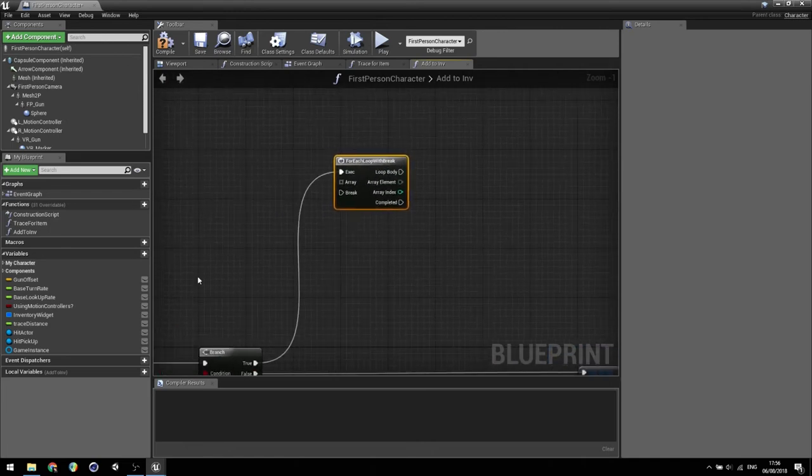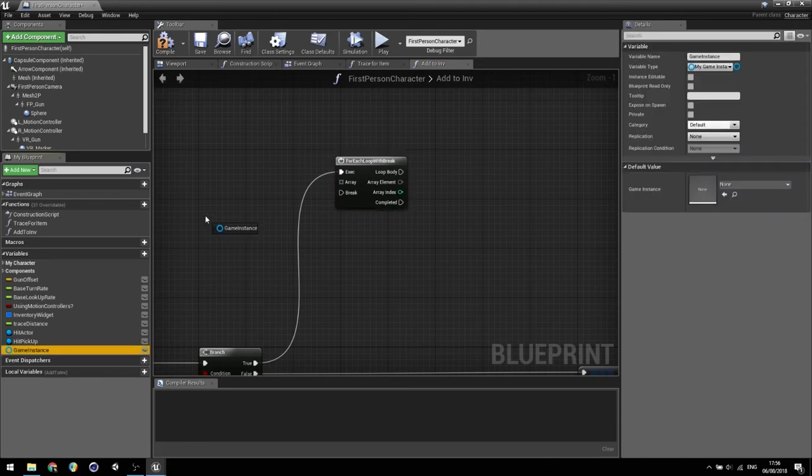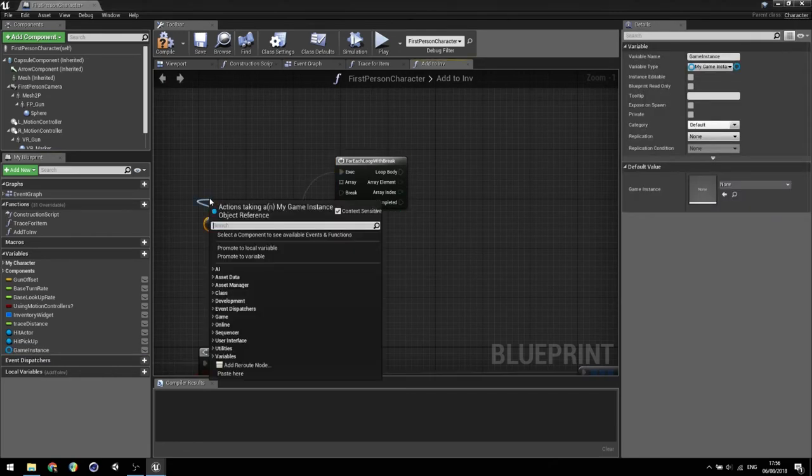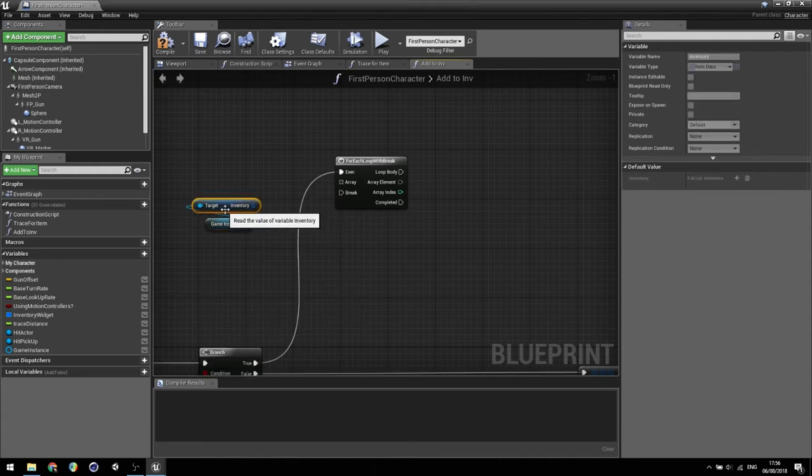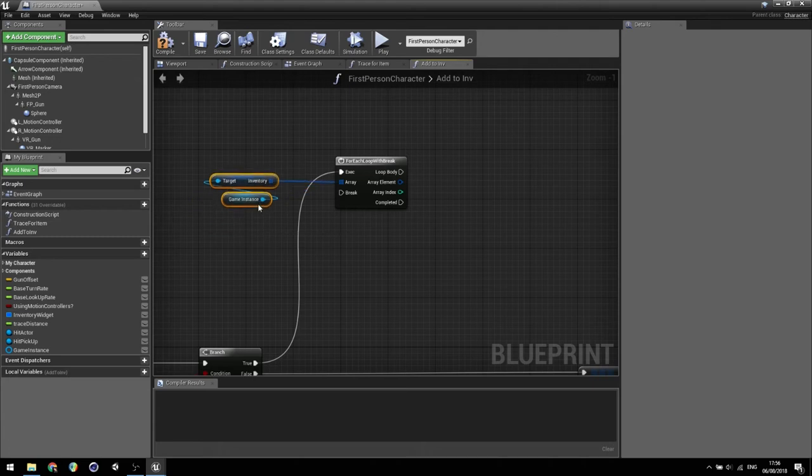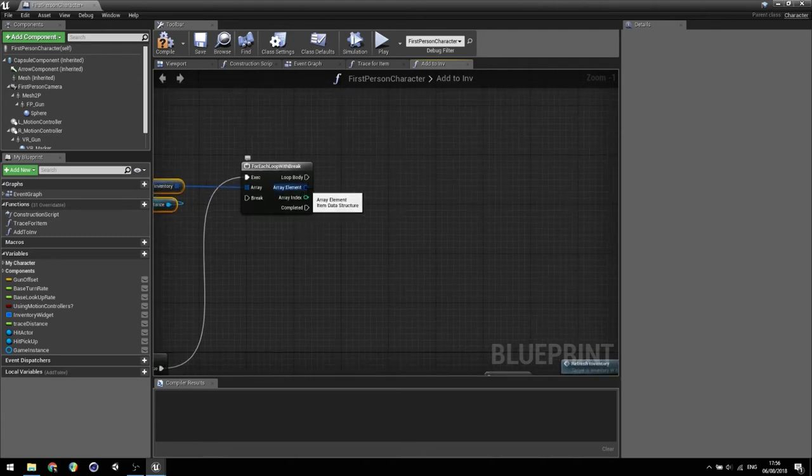The array that we're going to check is going to be the data inventory. So game instance and get inventory, and we can wire that straight into the array. Now what we're going to be checking is the data array index by index. Is there an entry that shares the pickup enumerator type that is the same as the hit pickup actor that